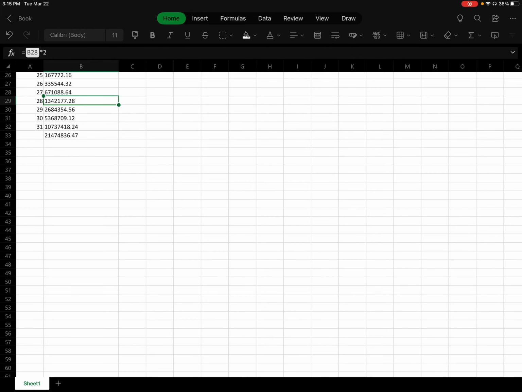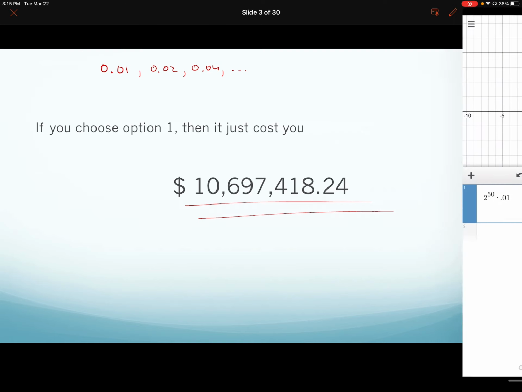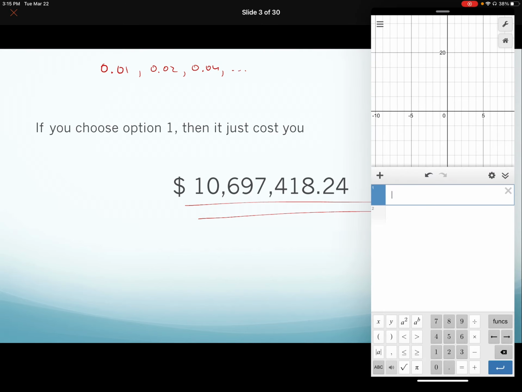Okay, let's go back to the PowerPoint. So maybe you might have done something like this. You might have taken Desmos and started with 0.01 and then just kept multiplying by 2, right? Like 30 times or 31 times. You could do that. You might notice though, when you keep multiplying by 2, you could rewrite that as